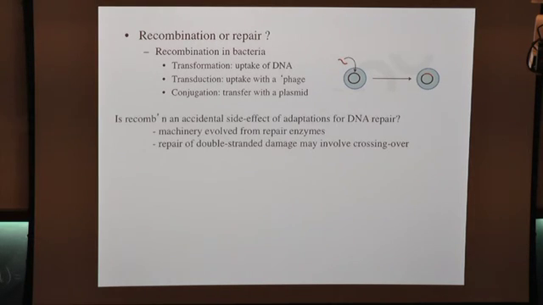Now, all of these seem to be not necessarily adaptations for sex in the way that we see meiosis as something which has a definite function for sexual reproduction. These kind of processes in bacteria arguably are simply there for other reasons. So obviously with phage and plasmids, with transduction and conjugation, it's to do with passing on an infection, passing on a plasmid. Transformation people argue about a lot because there are specific channels for taking up DNA, but it's just food, right? There's a nutrient source out there.